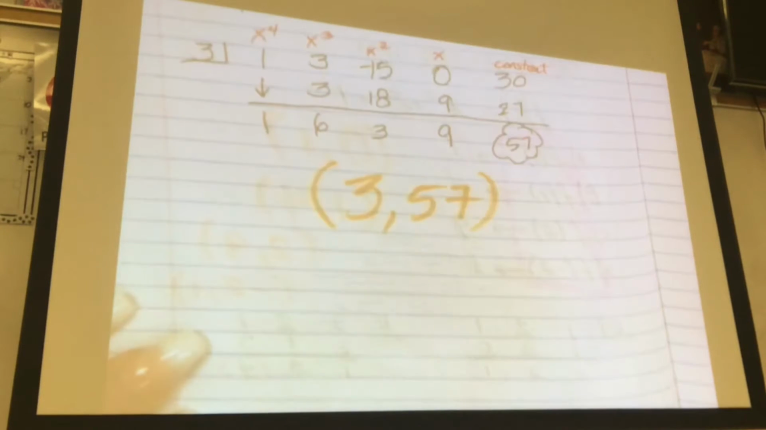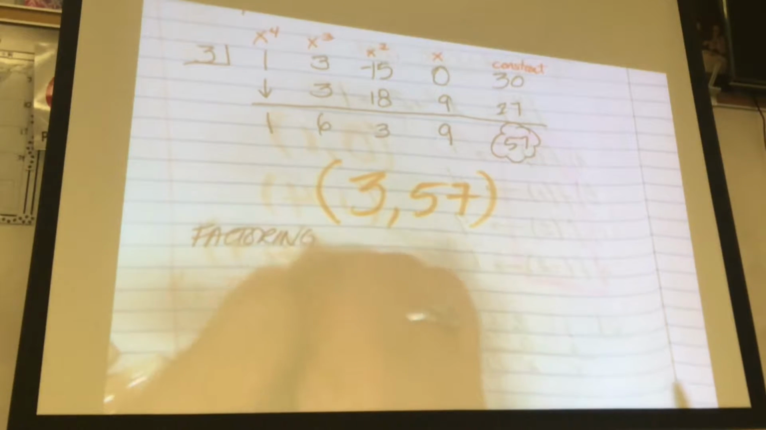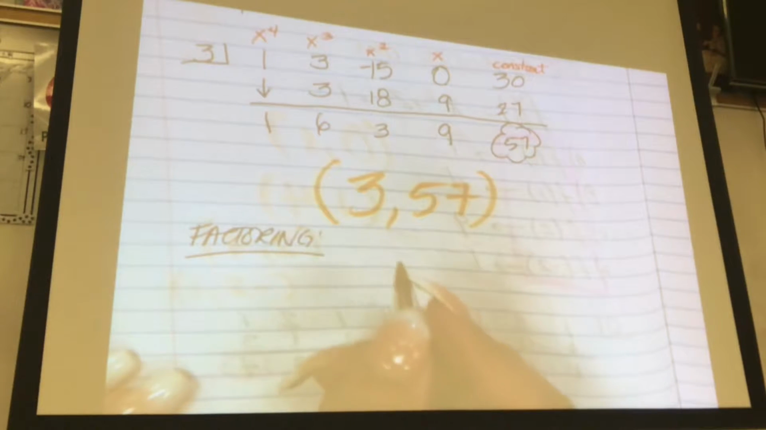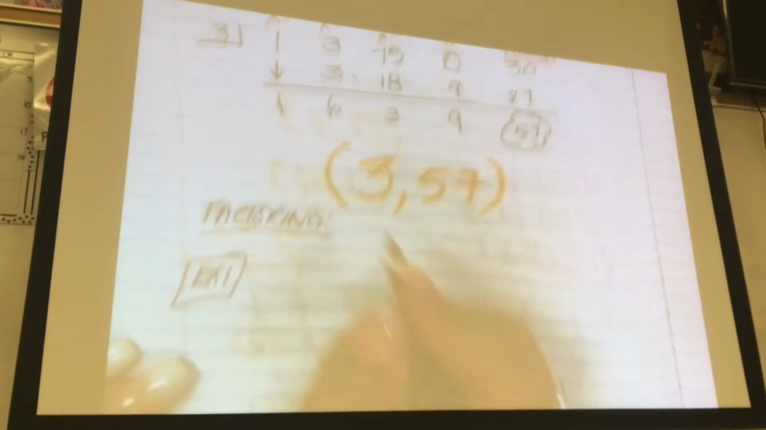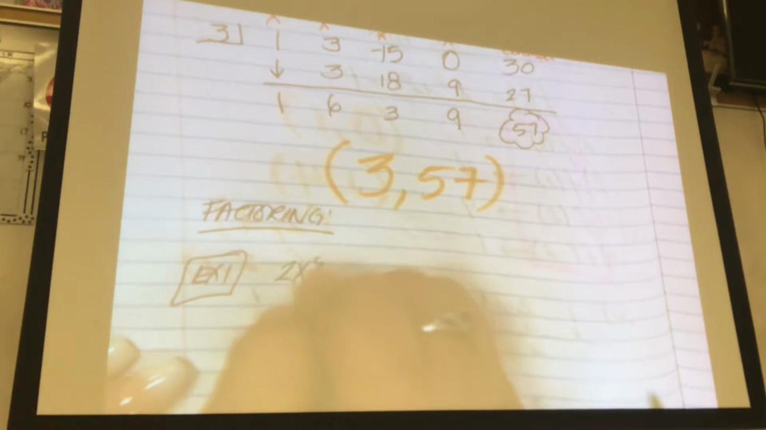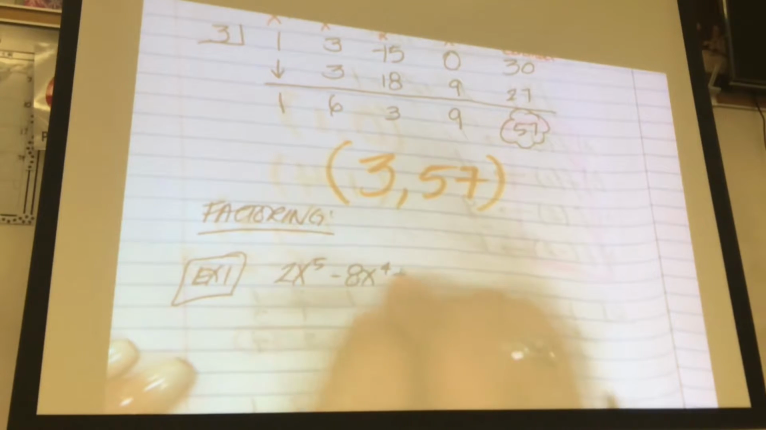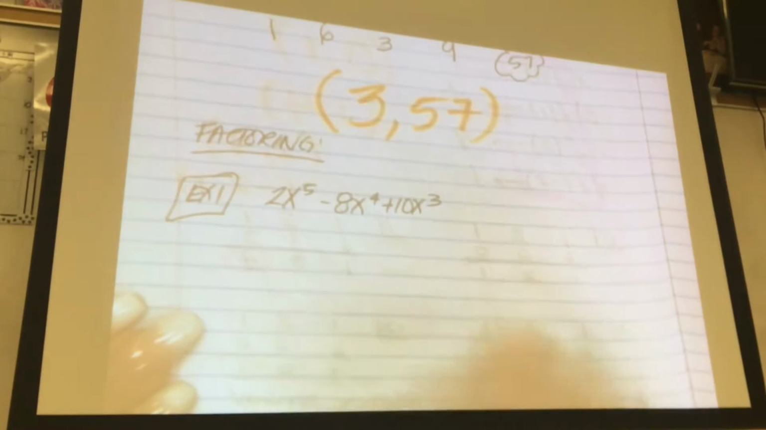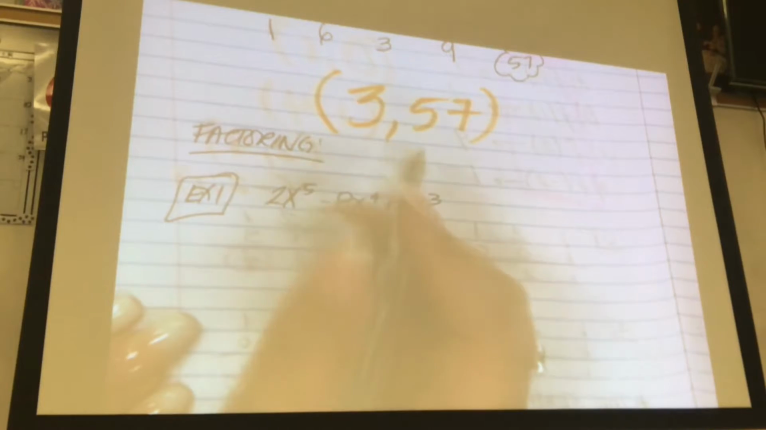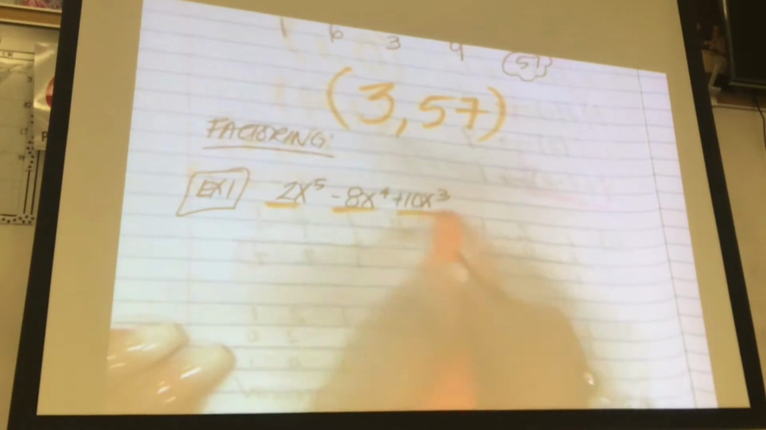All right, we're going to move on to some more factoring. Like I promised you, most of your test is based on factoring. So if I have example 1, 2x to the 5th minus 8x to the 4th plus 10x cubed, the first thing I want to do is factor out the greatest common factor. So I want to know what I can divide each one of these by